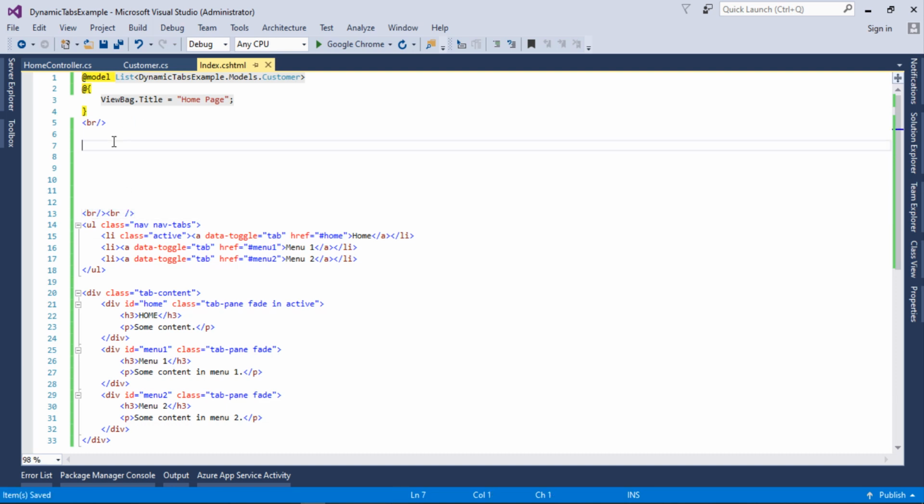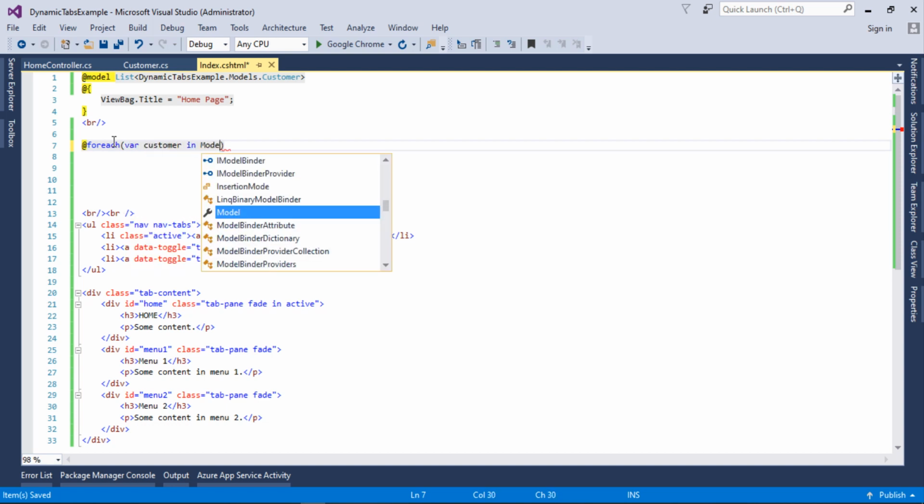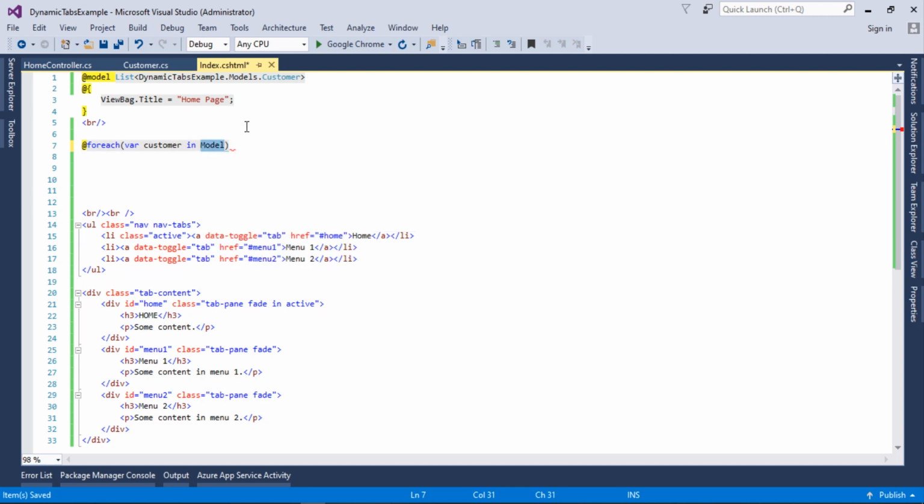So first of all I will loop through the list of the customer. I will use a foreach loop, you can use any other loop you prefer. And we have var customer in Model. This model represents this customer list.